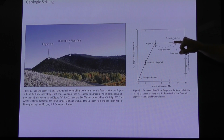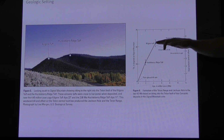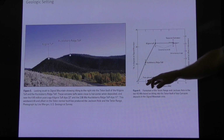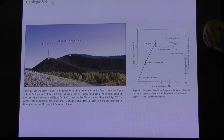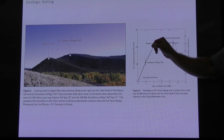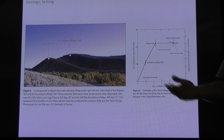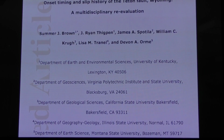And so what this is demonstrating here is that these two earlier deposits have the same tilt, and it wasn't until this more recent Huckleberry Ridge volcanoclastic deposit around 2 million years ago where we see a difference in the slope, which would suggest that the onset of sloping or tilting or faulting in this region happened soon after this time period, which we can date to around 4 million years, or around that time period. This is quite a young age for the onset of the Teton Fault, and it sort of stands in contrast